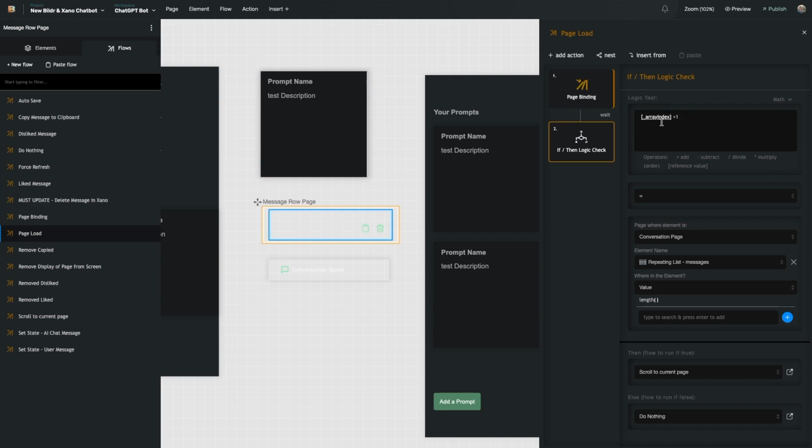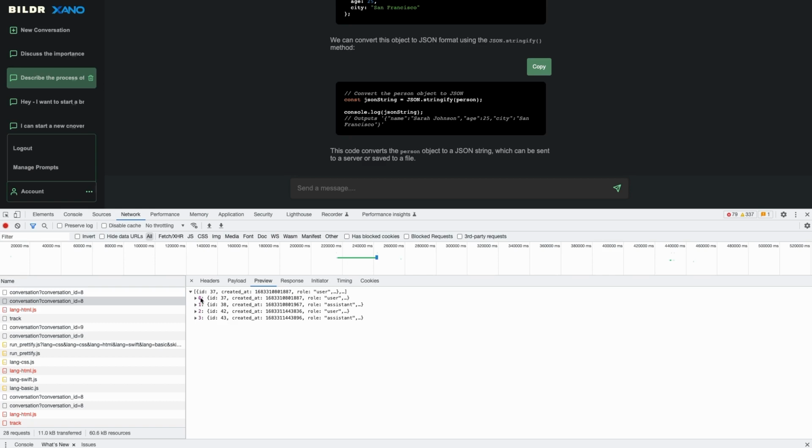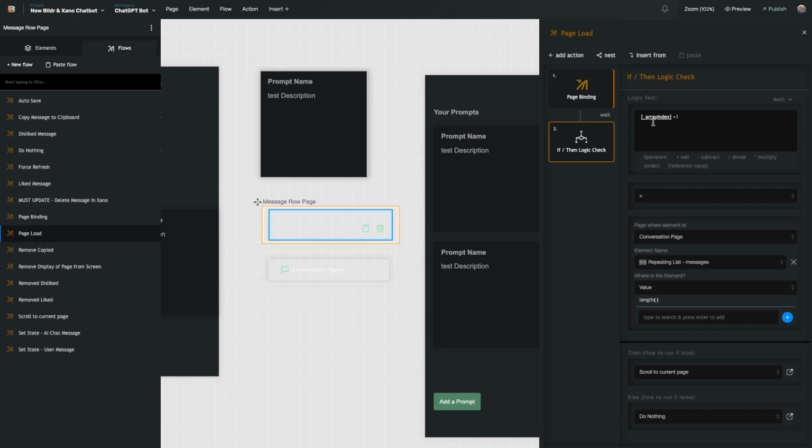And in this case, what I do is I use that array index and I add 1 to it. And I add 1 again because 0 is a number. So 0 is included. So even though this is like the 4th message, its array index value is 3 by default. And so what I would like to do, I want to get the array index and add 1. And if that value is equal to the length of the repeating list, I want to scroll to that specific